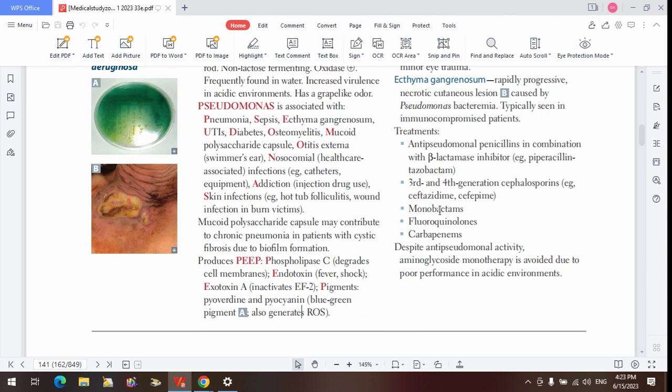So fluoroquinolones. Yeah. So you want to avoid aminoglycosides because of poor performance in acidic environment. Yeah. And Pseudomonas, you know, thrives in acidic regions. It does very well in acidic environment. So if you are giving aminoglycoside, you are basically doing nothing because aminoglycoside will not